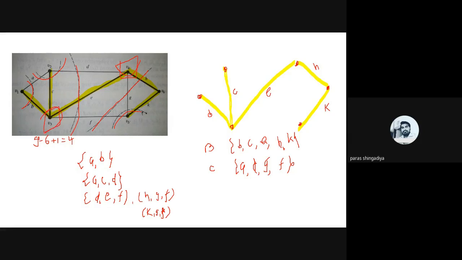Why? Because it involves three branches. You have to consider all such examples of the cut set which involve only one branch and the rest should be chords. So these examples are known as a fundamental cut set. And that depends on a spanning tree. Which spanning tree you have to consider for the graph.